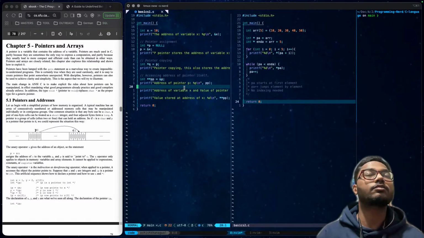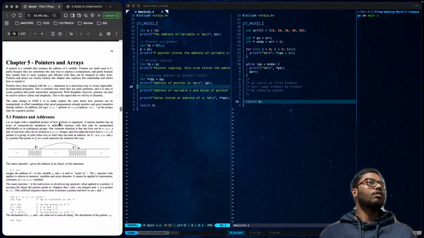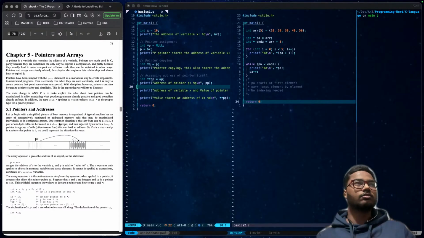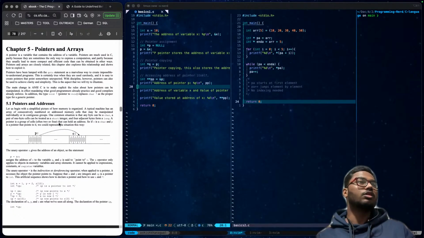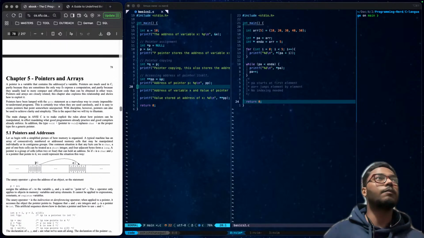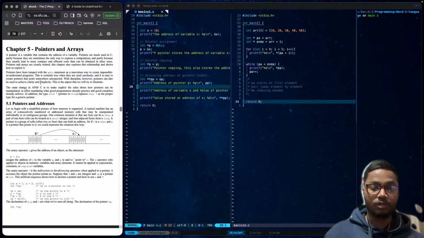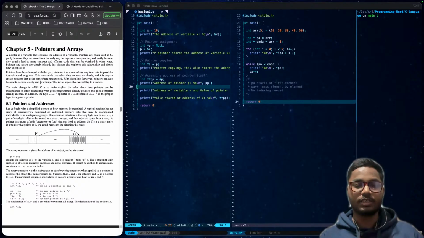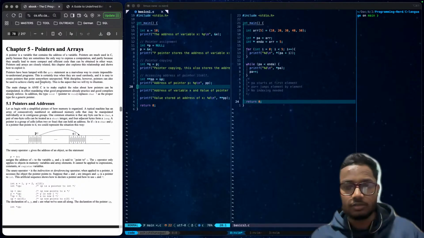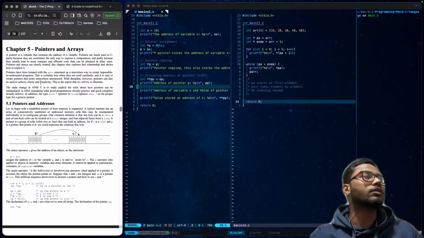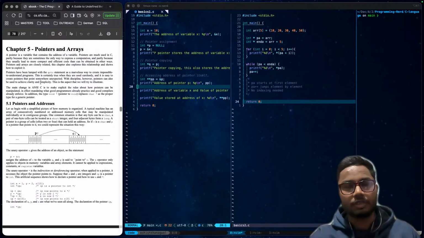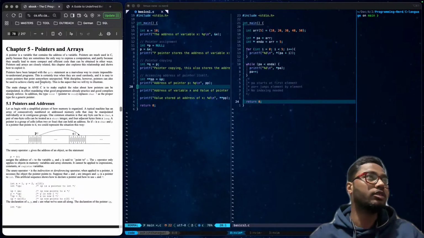Yes. Okay, we have to understand how C memory actually works. And yeah, by the way, this is the book I'm following. This is the very famous book that I think all beginners should take a look at. Yeah, this is sort of debatable because people think that this book is quite old.